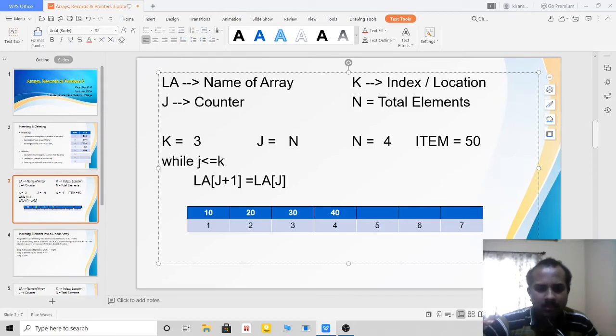I have to only shift the things till j is greater than or equal to k. When j becomes lesser than k, that means I am changing the second position, but I need not change the second position. Why? Because I am only inserting the data element at the third position. So I need to change only the third position and the fourth position element.